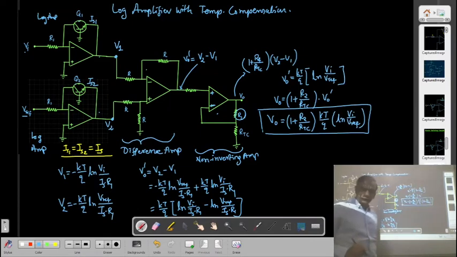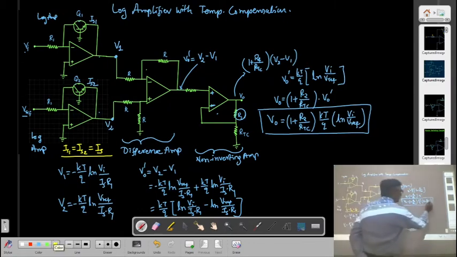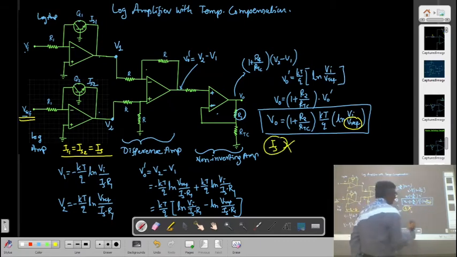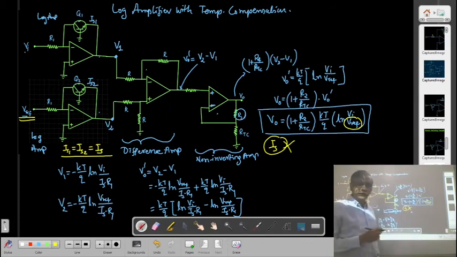Now what is important here? Here my V reference voltage, if you see, this V reference voltage does not depend on the saturation current, because externally we are connecting a reference voltage. It is simply a battery. So the IS, that saturation current, is not present in this expression. So here you can use the transistor which has an identical value of Is, then it will be independent of the saturation current Is.